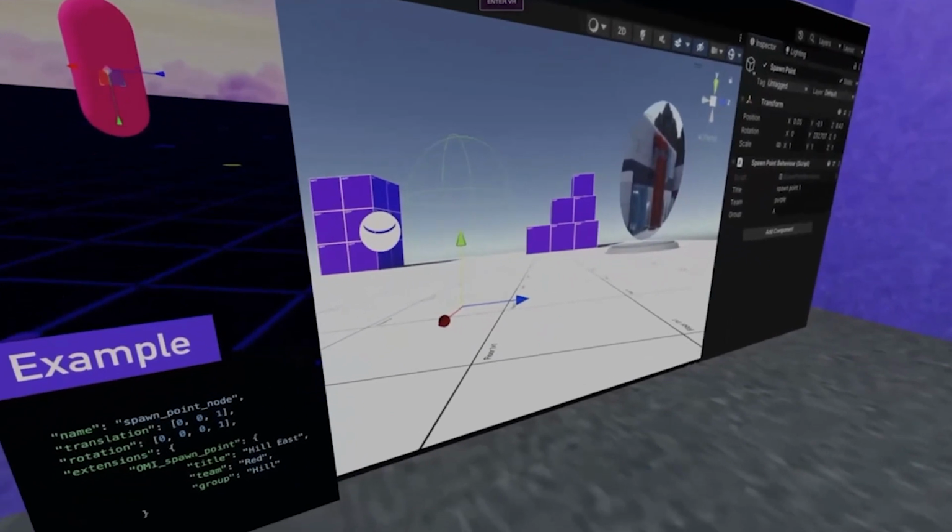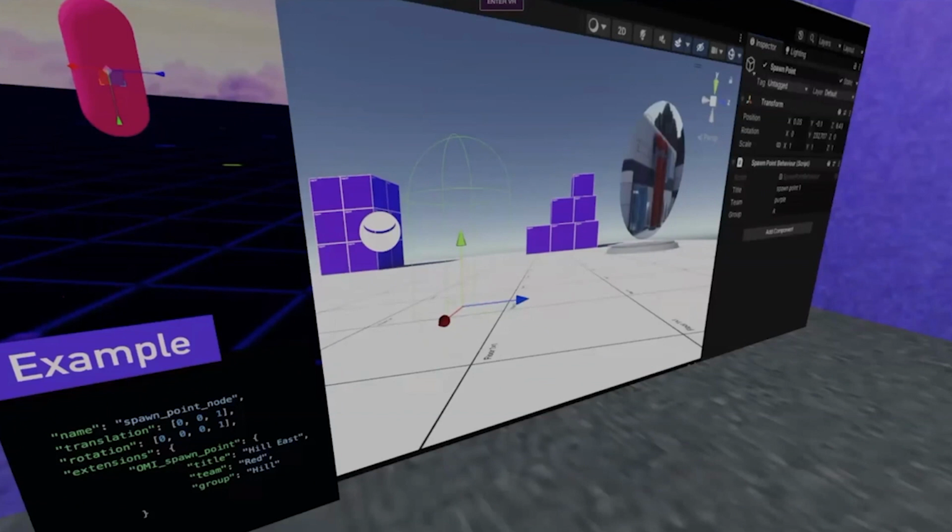an interoperable spawn point. And then it was mentioned by Aaron in the Omi Group, well, maybe we need titles, I mean, teams and groups. So those are other properties that I hadn't even considered, where you could have red team, blue team, and different spawn points for them.